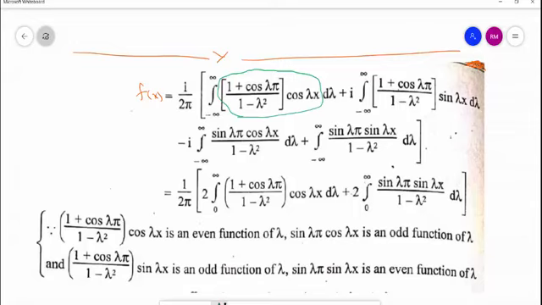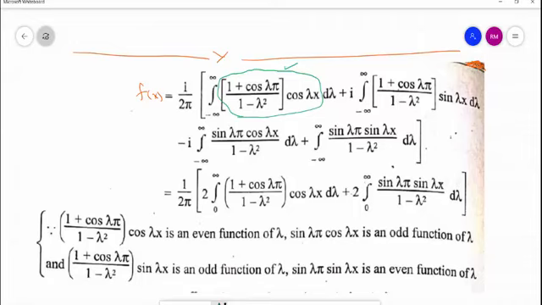So its limit of integration will be changed by the property which we discussed earlier. So instead of integration from minus infinity to plus infinity, we can take 2 into integration from 0 to infinity. So this is the story about the first term, which we already discussed. Now let us move towards the second term.